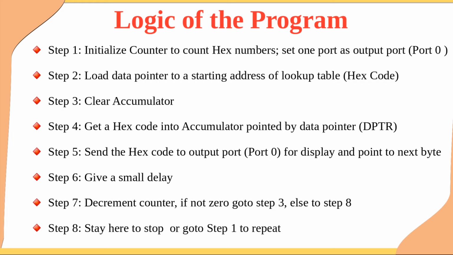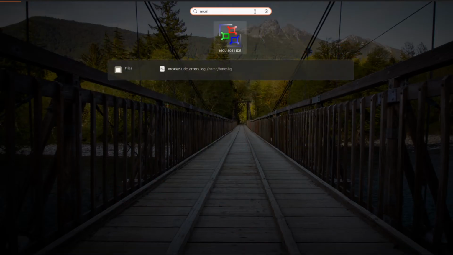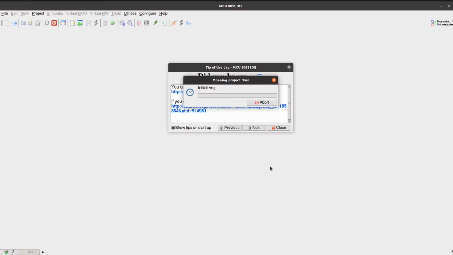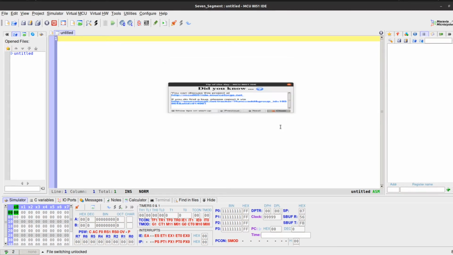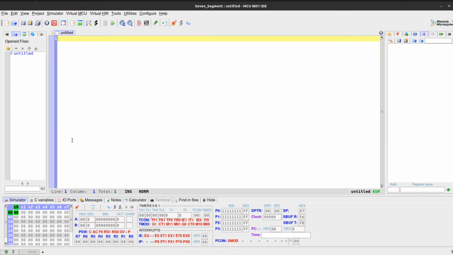Now dear students, using MCU 8051 IDE, let us simulate this. Every time it gives us a tip, you can read and close it. This is the working area of the 7 segment display. Dear students, in this IDE, first let us create a project.